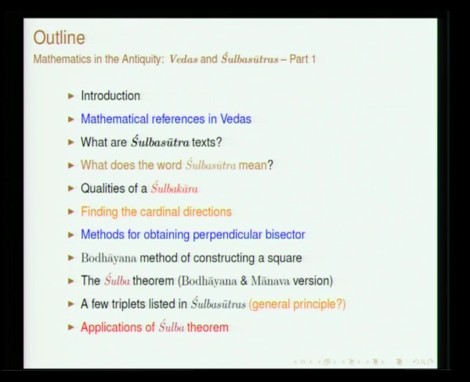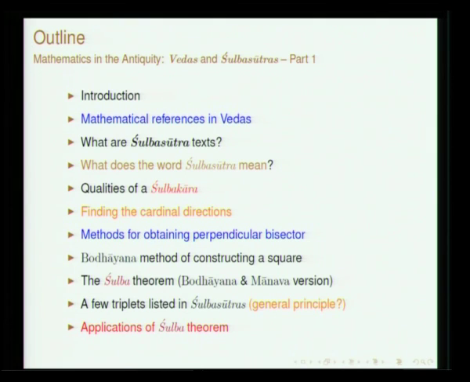Cardinal directions primarily mean east, west, north, south. One may naively think that after all, by looking at sunrise I will be able to determine the direction, but that is not the case, because of Uttarayana and Dakshinayana, the sun has northerly and southerly motion. So, we need to conduct a very simple experiment, but this experiment is one of the most foolproof experiments. So, we will be discussing all that.